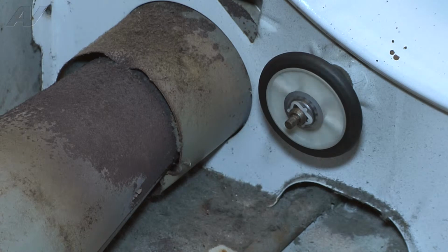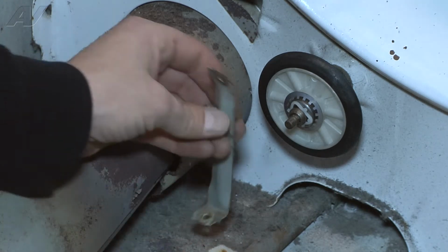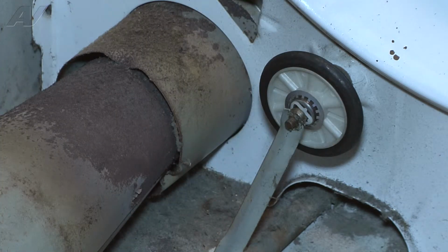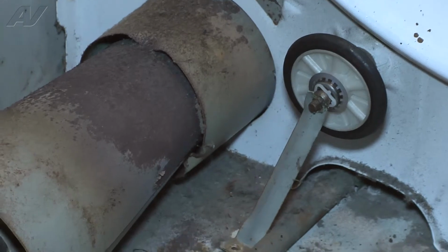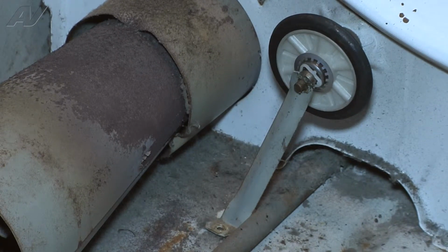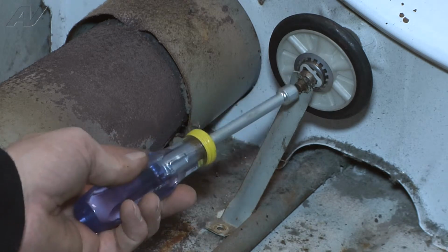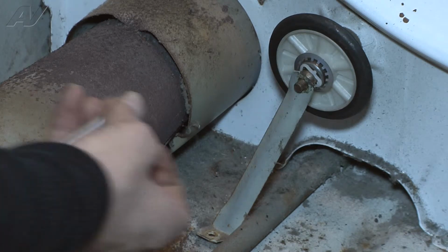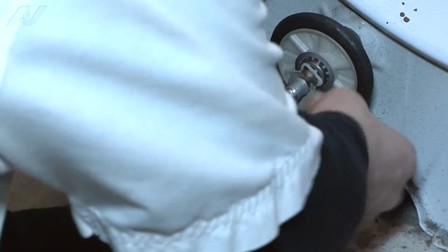Once I have that back on there, I can go ahead and reinstall the bracket support. Set the bracket support back over. I'm going to take the new retaining clip that came with it. Something that I do is, the retaining clip is smaller than a 5/16, but the hole is large enough to go over the shaft. So I will use my 5/16, position it over the shaft,